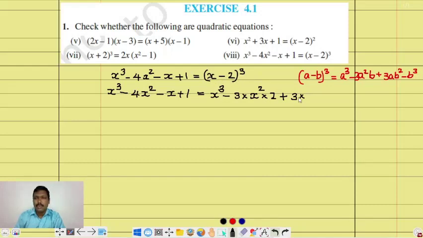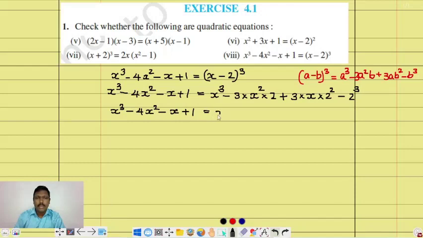So 3 into a is x into b squared. b squared means it is 2 square, 2 square is 4. Then minus b cube. b cube means it will be 2 cube. Okay, that is equal to, left side we can write here x cube minus 4x squared minus x plus 1